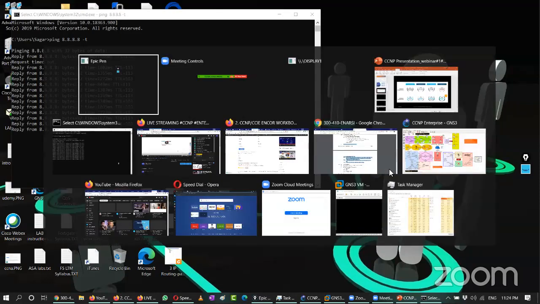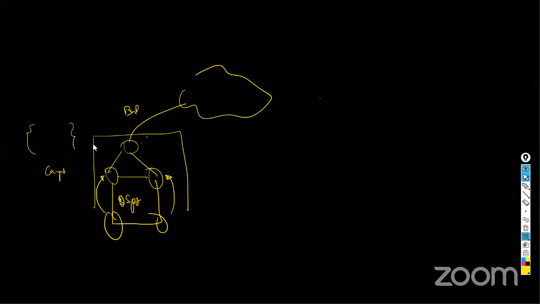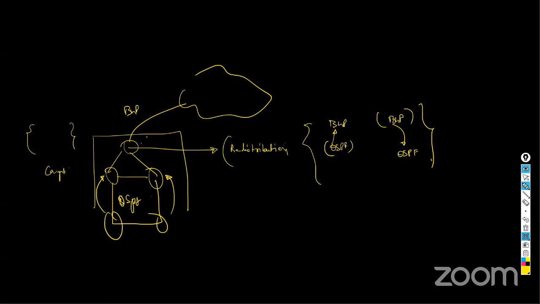So where are we going to have this redistribution? It's over here on this router. This router is going to have redistribution, where I'm going to inject OSPF inside BGP, and in a similar way BGP inside OSPF. This whole technology is called redistribution. Fine, why do I need OSPF injected into BGP and vice versa?